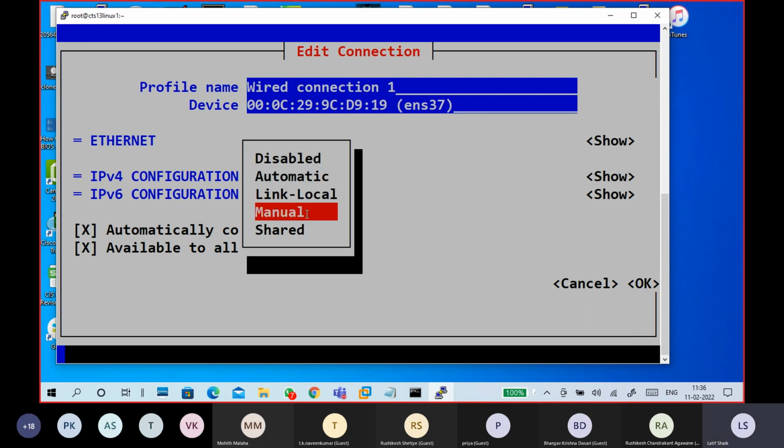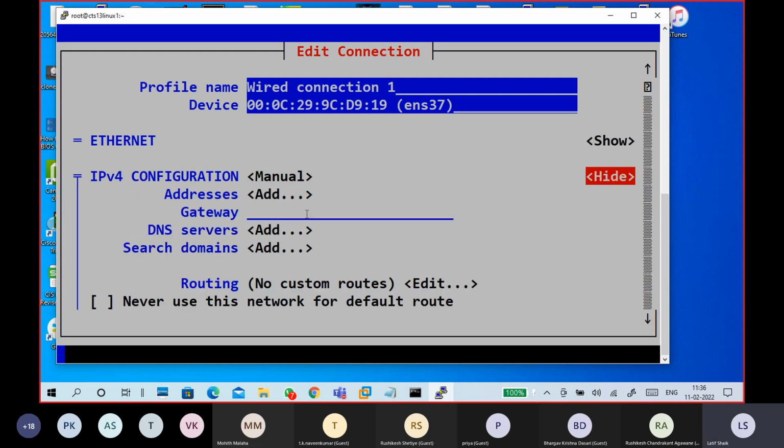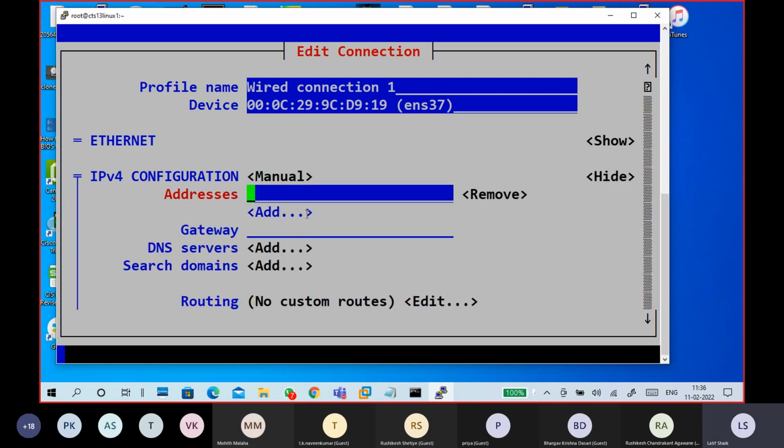Change automatic to manual. Show. Add the IP address 192.168.0.120, maybe it is there or not, /24. /24 represents the subnet mask.